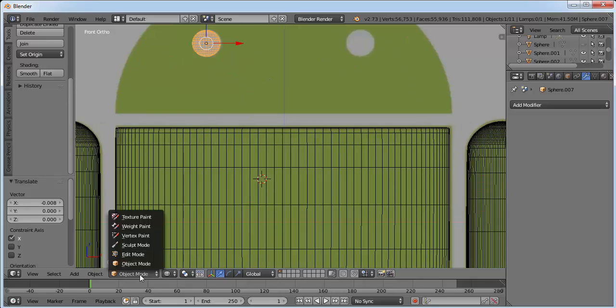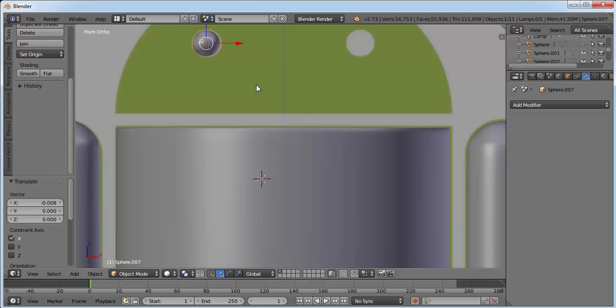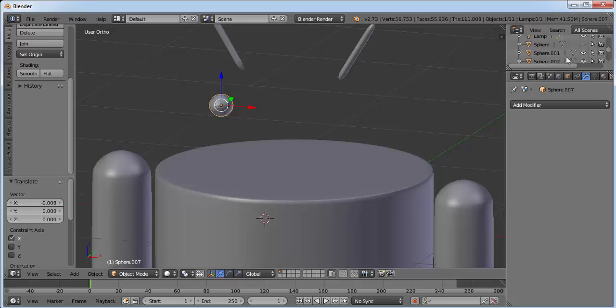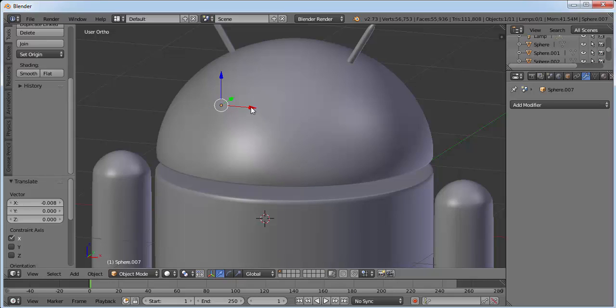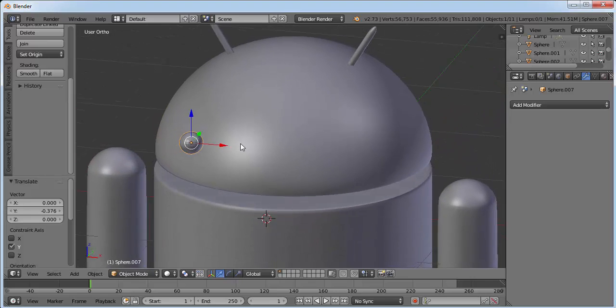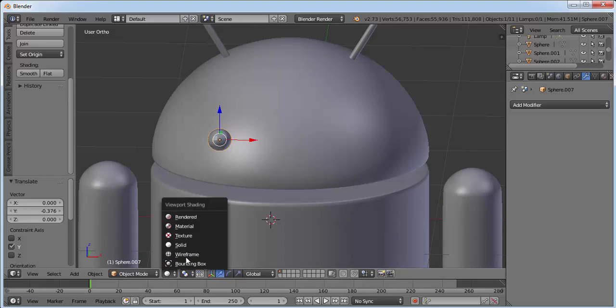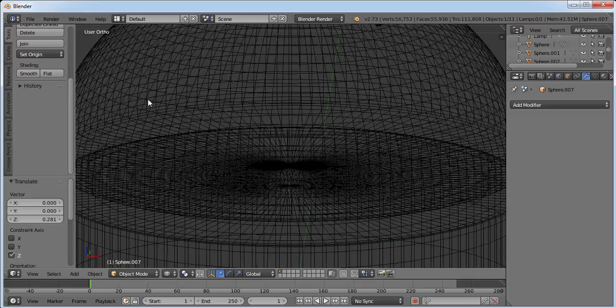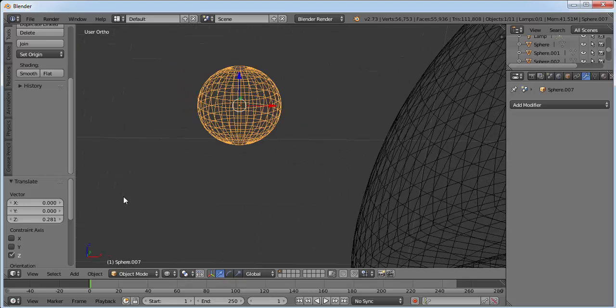So go to solid mode again, and now we need the head. So click on the eye again and bring it outwards so that we can see the sphere. Now click on wireframe mode, zoom in a little bit, go to front view,